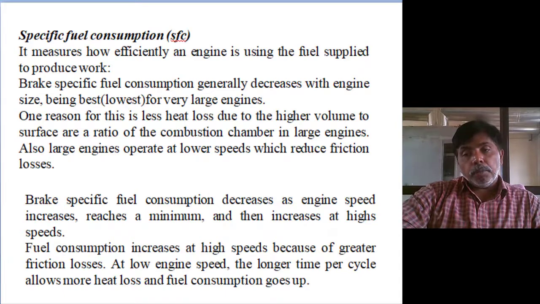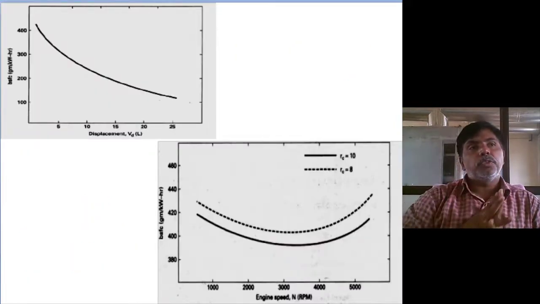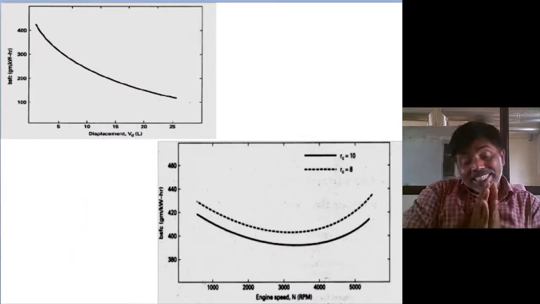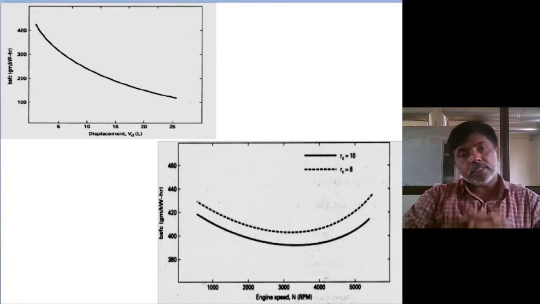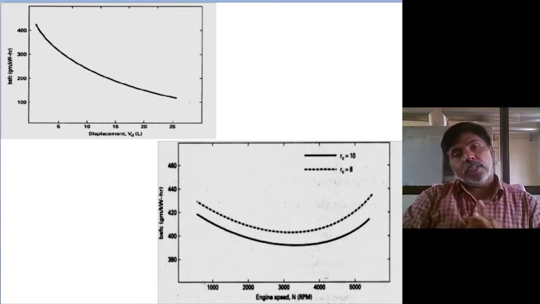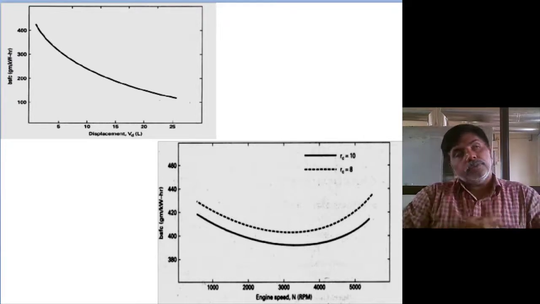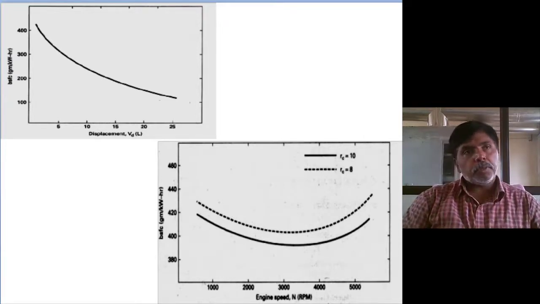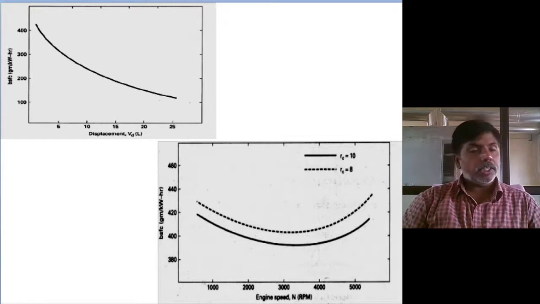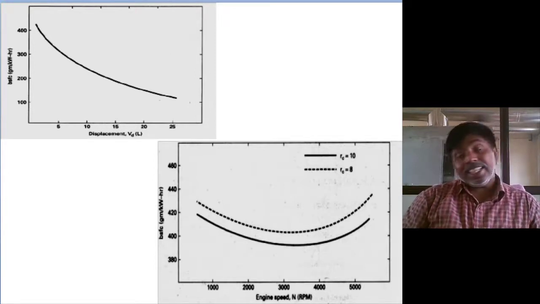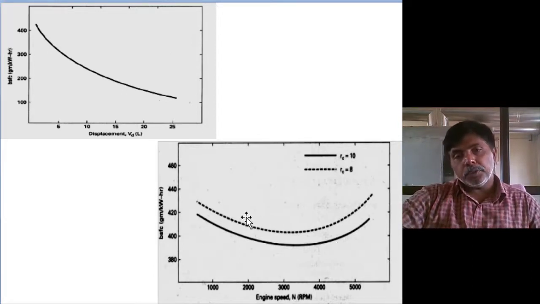But what are the parameters influencing the specific fuel consumption? You increase the stroke length or displacement volume, the specific fuel consumption is reducing. We are reducing frictional power, because the number of cycles per minute is reducing. Automatically it is increasing the life of the engine. Automatically it is reducing the fuel consumption. Second, increase the speed. Up to a particular speed, the specific fuel consumption will reduce. Later again it will increase.